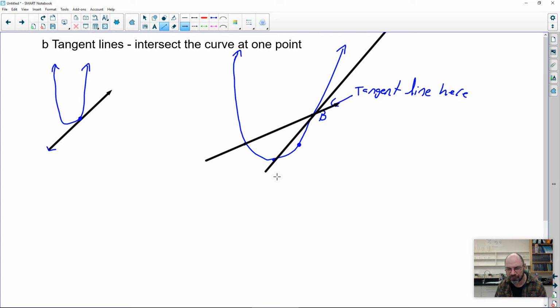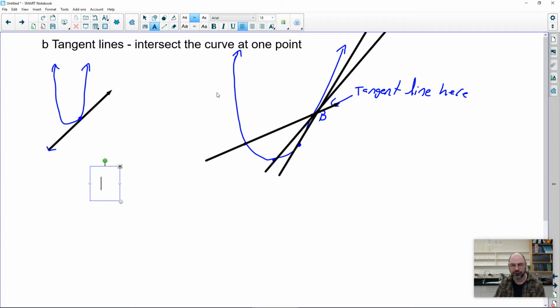And you can see that as I move closer and closer and closer, the slope of the secant line approaches what the tangent line would be right here, as you can see. So I'll type that so it's written clearly. Okay, so if this was A here, and this was A1, and this was A2, and then A3 and A4, and you keep going closer and closer,